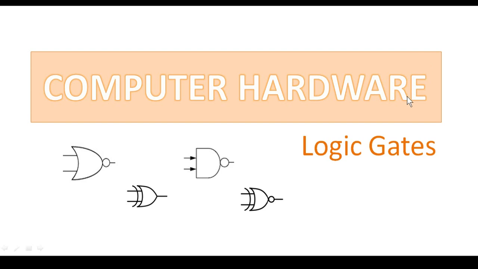Hello everyone. In this video, we are going to see a few more logic gates available in computer hardware. You already learned some of the logic gates available, where we will be representing the circuit in the form of gates. In computer hardware, if you take a motherboard, you will have a lot of circuits available. If you just see that, you won't understand anything. You can represent it as gates like this, so that you know which one is connecting to what and what will be the output for the gate you get.